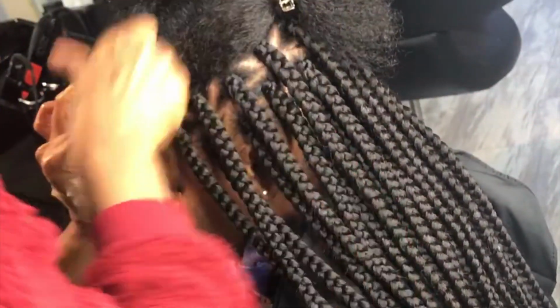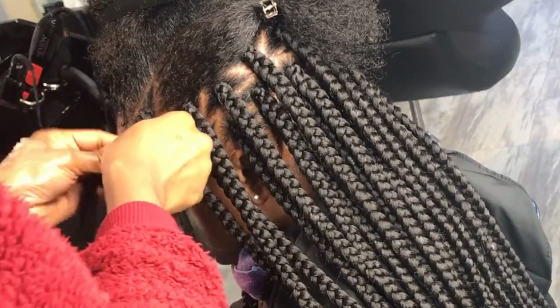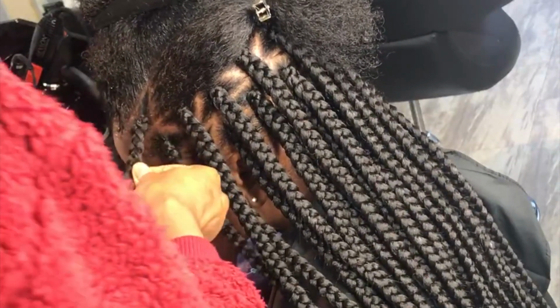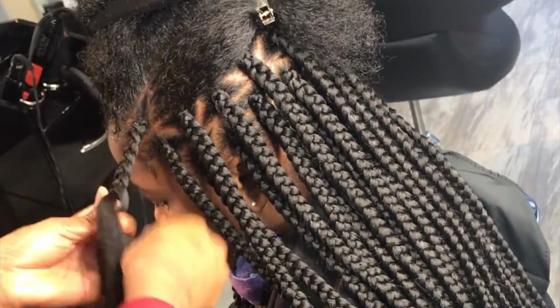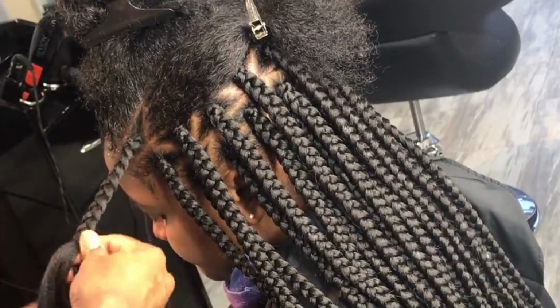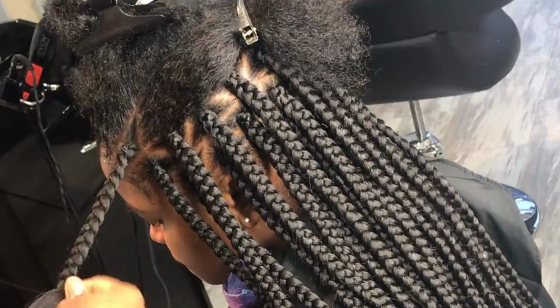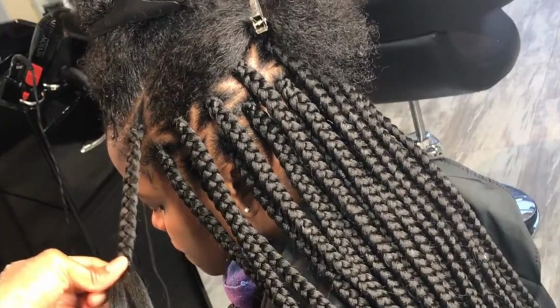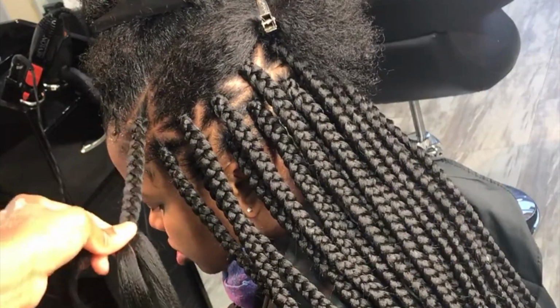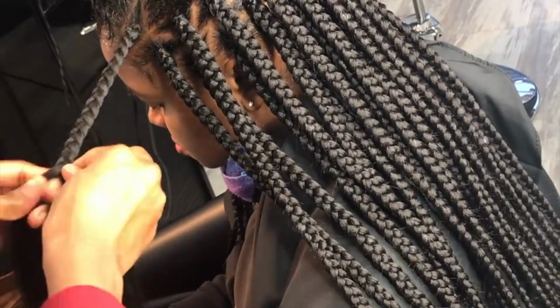What this does is help you grip the hair, especially if the parting size of the natural hair is big. If you're doing a big size, you could braid it with a small piece of braiding hair first and then braid it again with a thicker piece, because it's harder to grip a thick piece of braiding hair, if that makes sense. It also helps your edges too, so your edges are not pulling or anything,